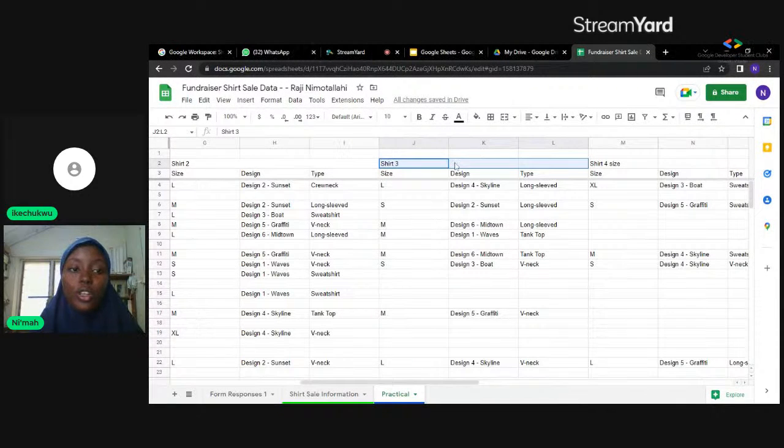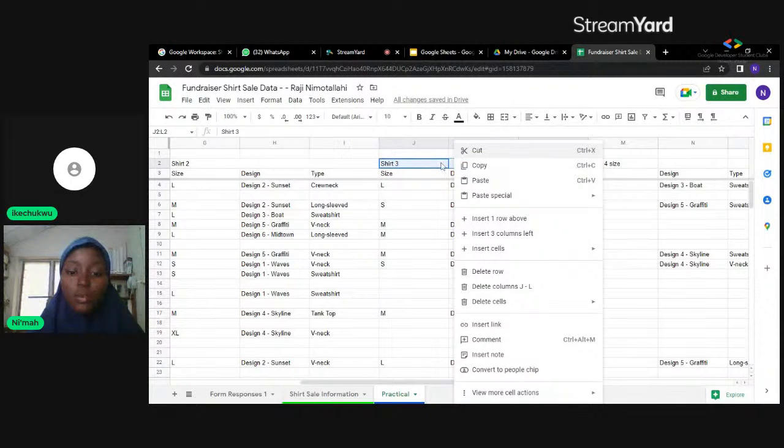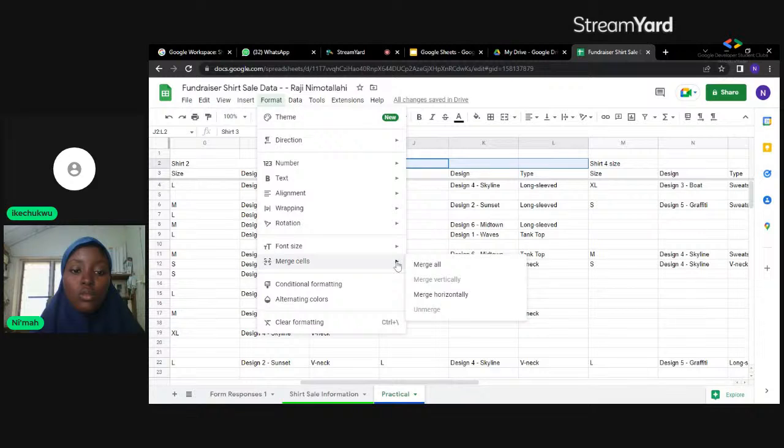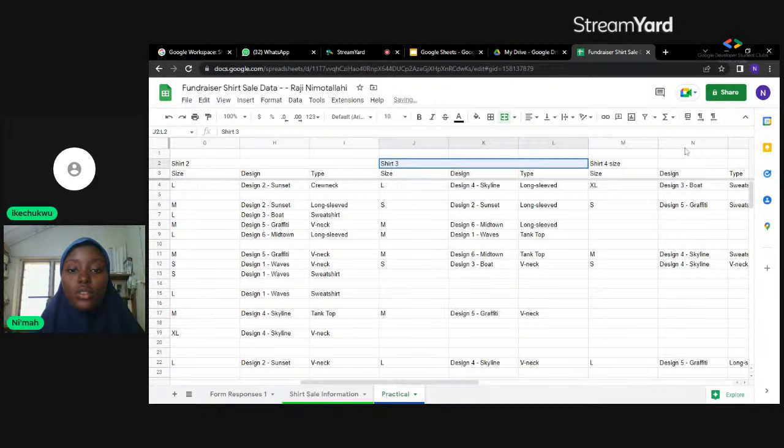But if you don't find that, you can go to the format. Okay. There's none here. So you can just go to the format, merge cells, merge horizontally. Go to the fourth one, highlight,